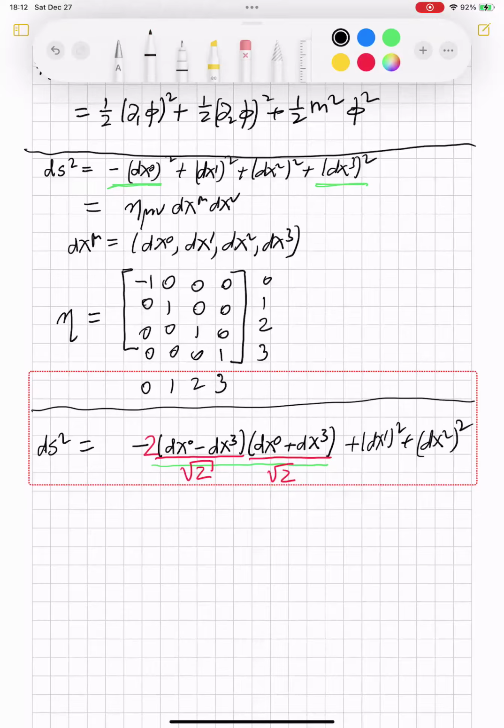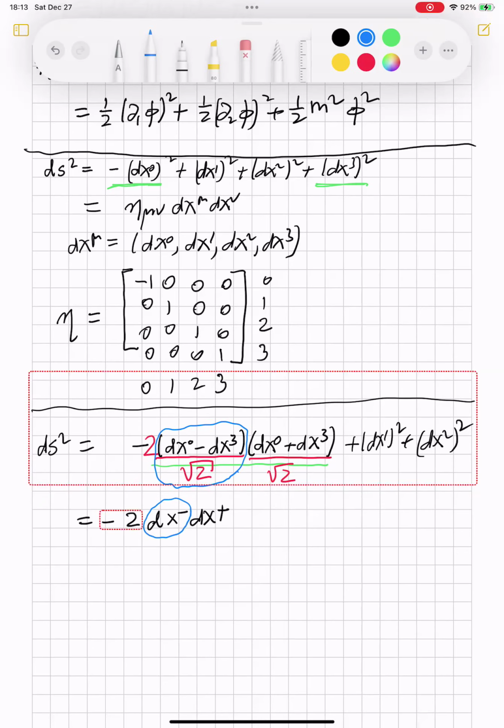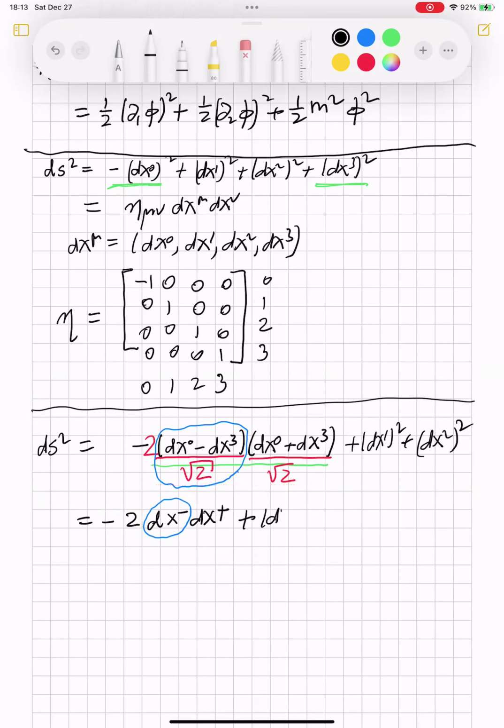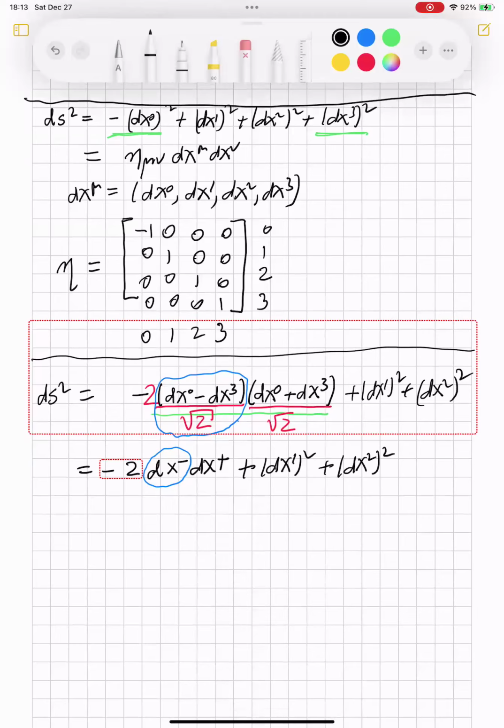So this is minus 2, and I've got a dx minus times by a dx plus. And for example, let me just be completely explicit. The blue ringed thing over here is exactly dx minus. And the thing that I haven't ringed is dx plus. And then we've got plus dx1 squared plus dx2 squared. Good. Okay, now we can say, let's write dx mu to be dx plus, dx minus,